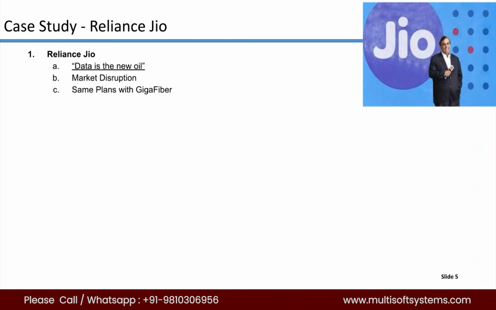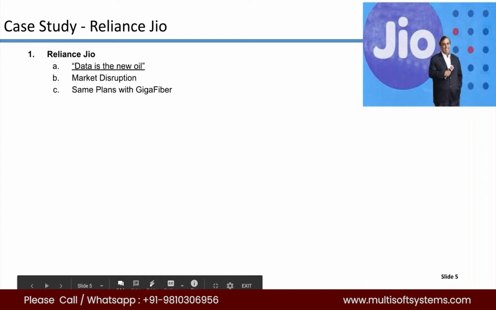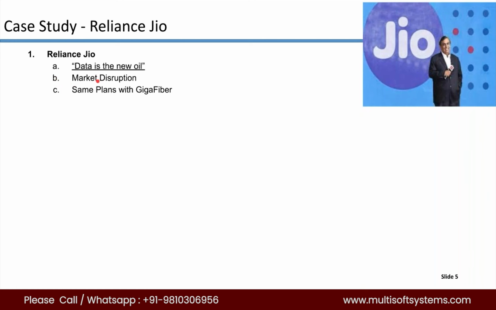After the introduction of Jio Fiber, there was a market disruption. Everybody brought their prices down on everything, right? And they are doing the same thing with Giga Fiber also. Jio Fiber they call it, right? In Electronic City last year they gave me Giga Fiber for free for 6 months to use, and it was an impeccable service, right? And after that, in January this year, I took it.